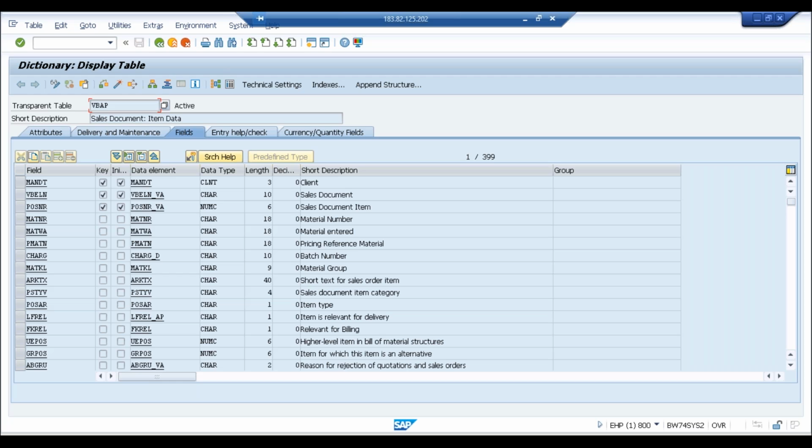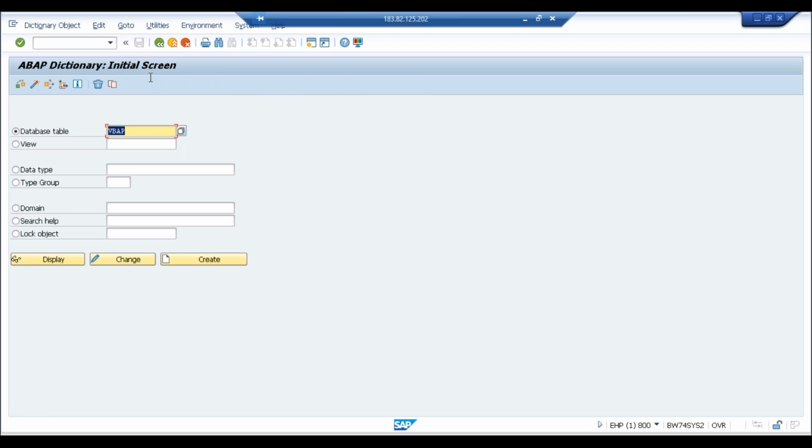Now these two tables, VBAP data, we have all these fields. From VBAK and VBAP, these two tables, we need to get the data into a single view. We combine the data and we create it from a single view. So for that, we'll go ahead with the view concept here, and we'll go for Z JH underscore sales.